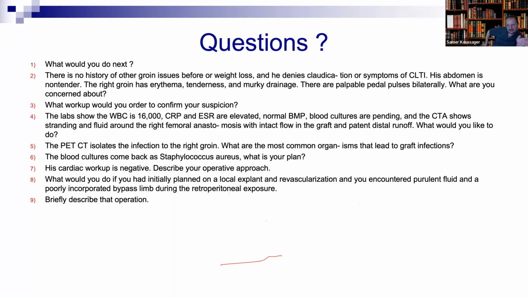What's your plan? If you're planning to do in situ reconstruction, then you don't close the aorta. If you decide to do axillo bypass, then this has to be done even before you open the belly, because now you have an infected field. So if you decide to do axillo bypass, you do it first, and then you open the belly, and then you excise it, and then you suture the stump. If you decide to do in situ, then you open there and then take it out.